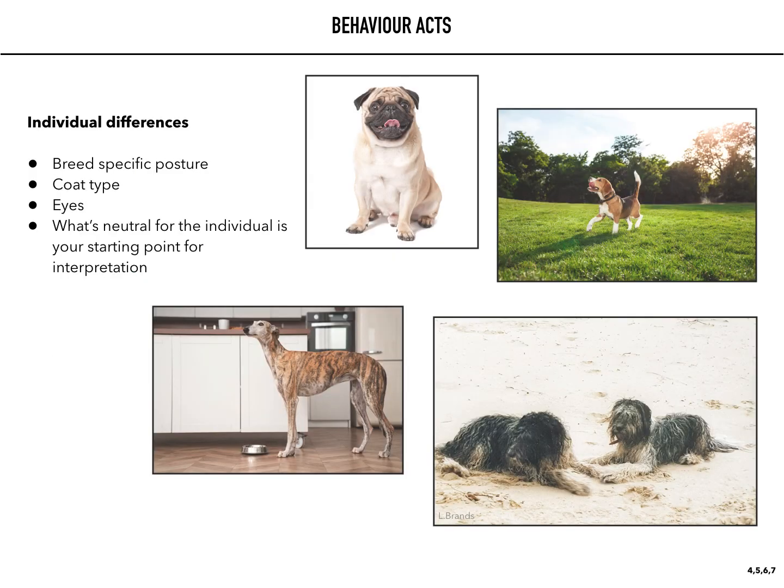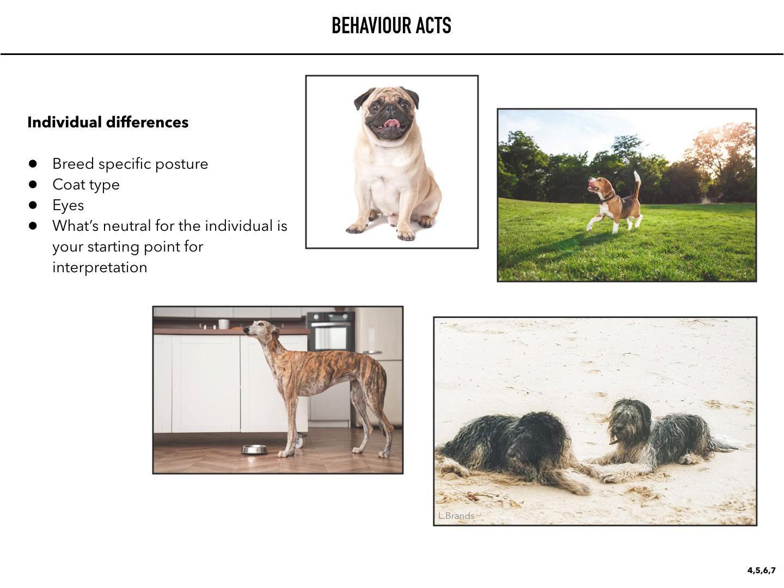Though these acts are species typical, they do vary among individuals greatly. For example, a neutral position of a beagle is much higher with their tail up than a neutral position of a whippet with their tail lowered or even between their legs. This means we can't conclude that the tail tucked between the legs equals a lower than neutral position. The neutral position depends on the individual.